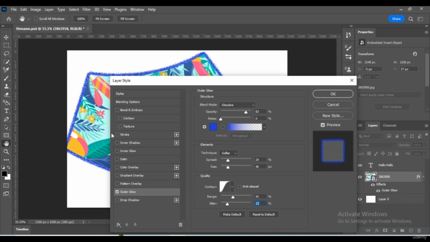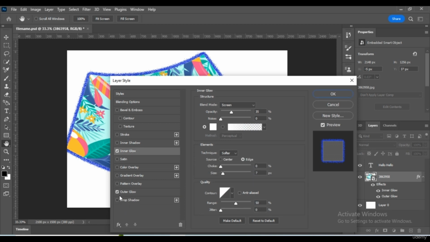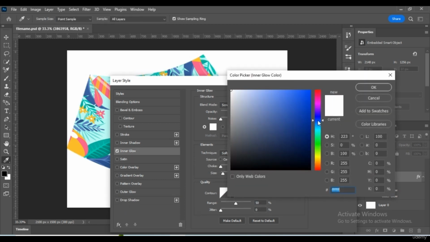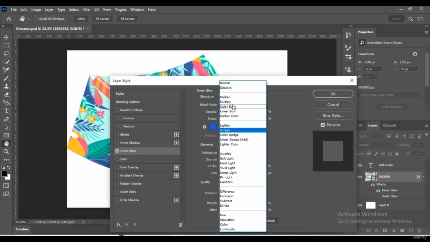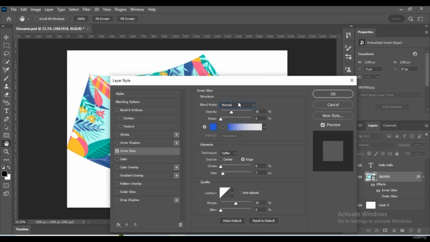The other effect is inner glow. Check this box, uncheck the outer glow, change the color so it will not be invisible, and change the blend mode to normal. Here we have the blend mode, opacity, and noise.